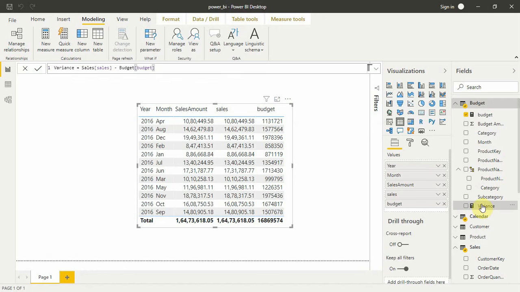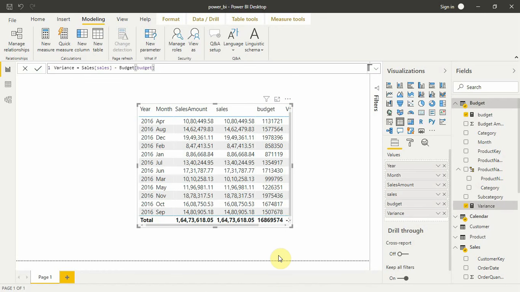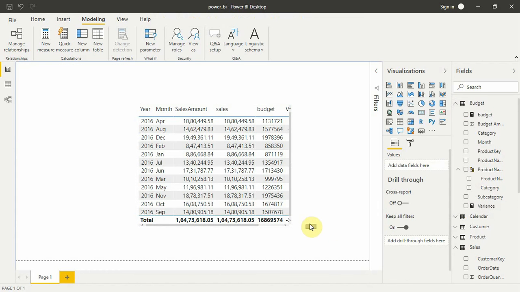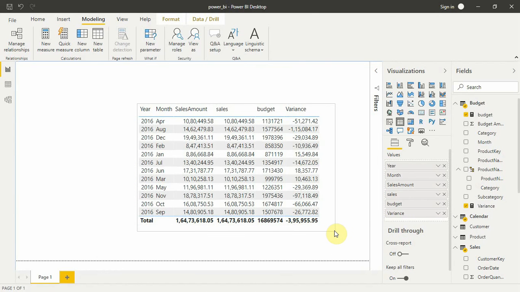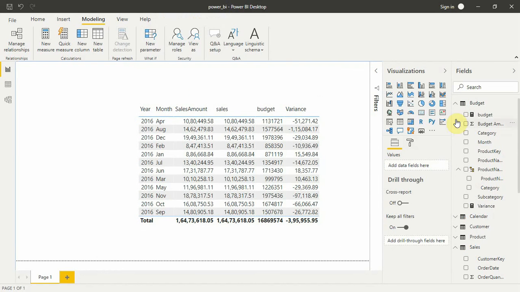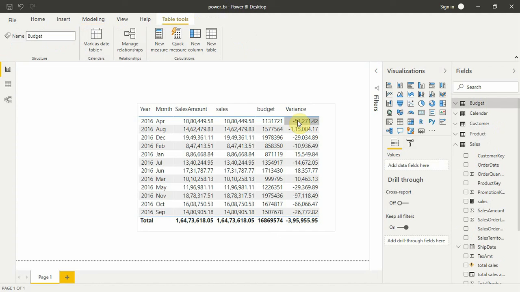It's working now. So we'll add variance to our table as well. So let's see variance. We got our variance, and now let's finally calculate variance percentage.